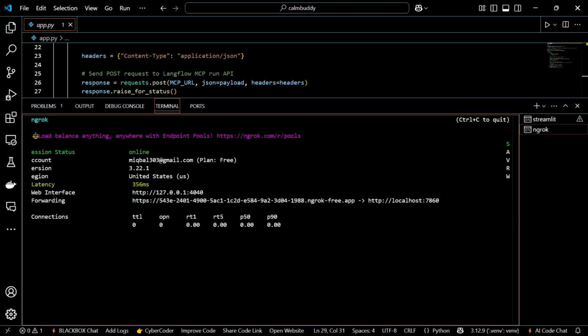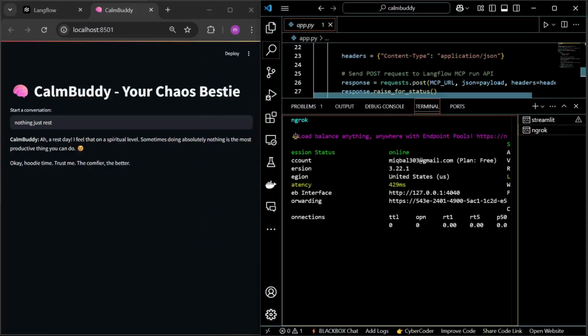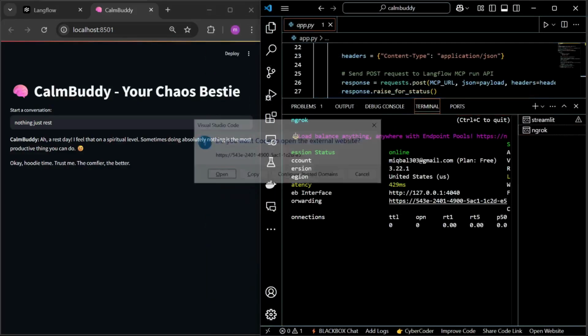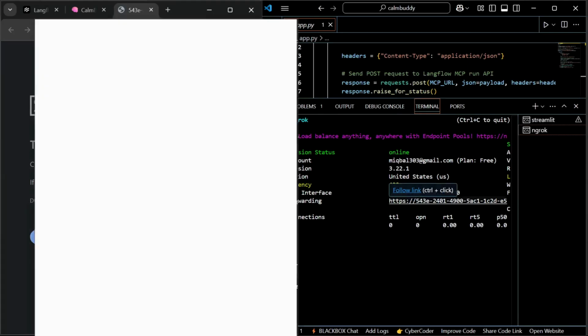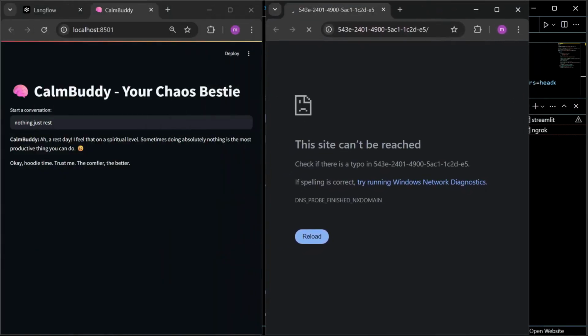This is the complete link, ngrok free.app. You just copy and paste it. It opens a public link. This is a public link.